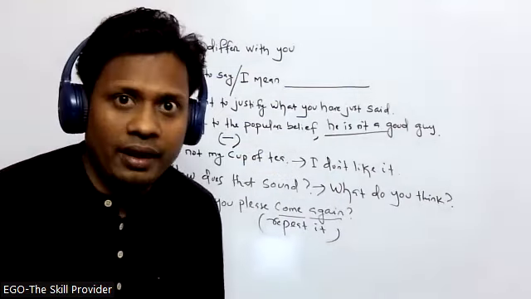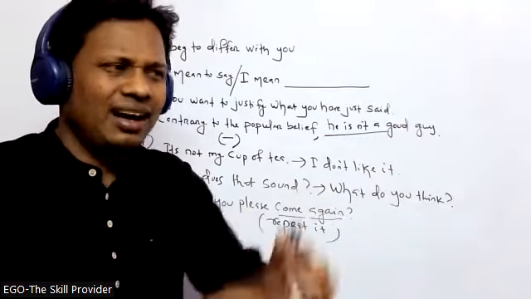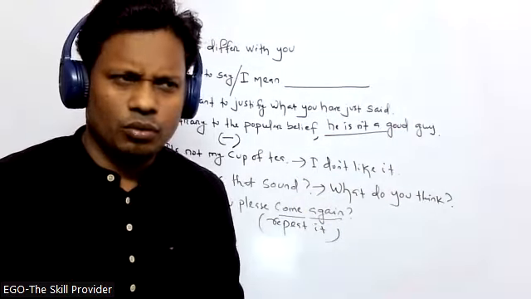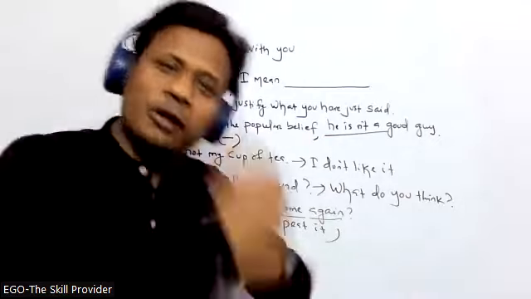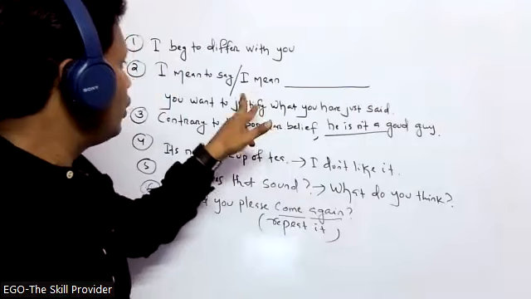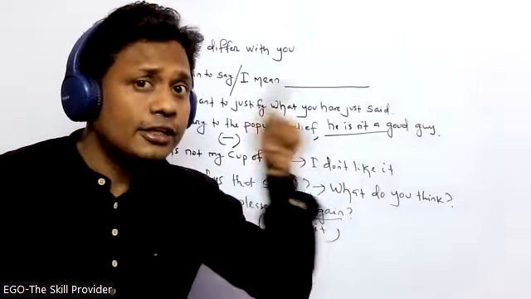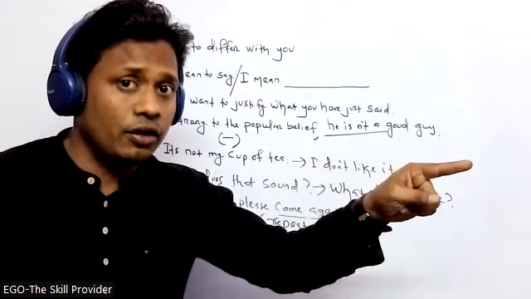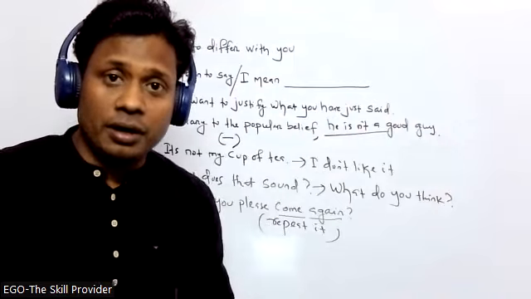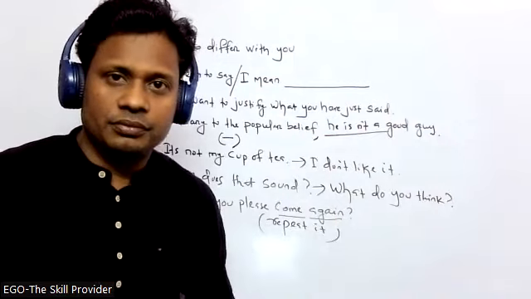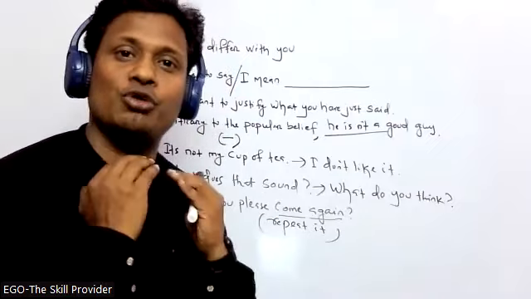Suppose they say, what do you mean? I meant to say that he's a bad guy. Suppose he's not a good guy. What do you say about him? I mean to say that he's a bad guy. You are trying to repeat the same, to justify what you say. Do you know what happens? I mean to say that he is a bad guy. You don't know what he did yesterday. He did a lot of bad things to the company. So I don't trust him. He's a bad guy, I mean to say that. It means you are trying to emphasize, to stress it.